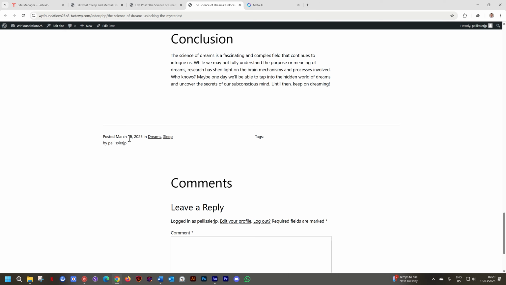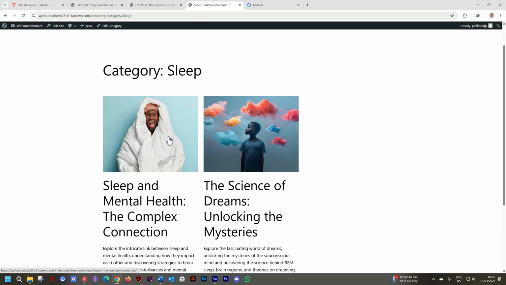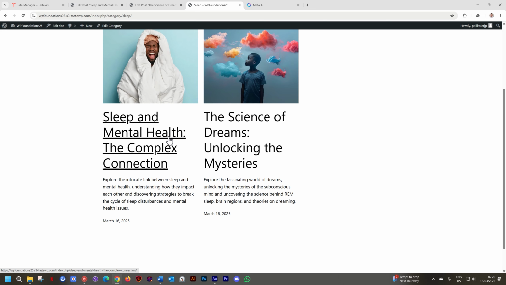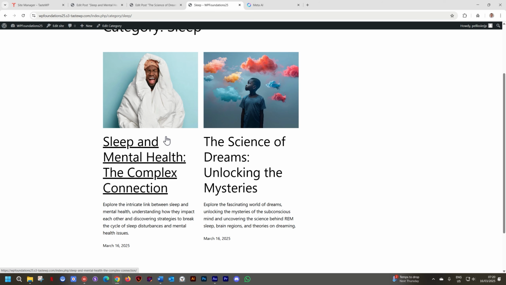Now, what is the purpose of these categories? I, as a viewer, come to your page. I've read this article and I found it very interesting. Now I see that there is a category just for dreams and another category just for sleep. I think I want to read more about all the articles on this website that are related to sleep. I select sleep, and it will give me all the articles related to sleep. And this is not impressive because we only have two.